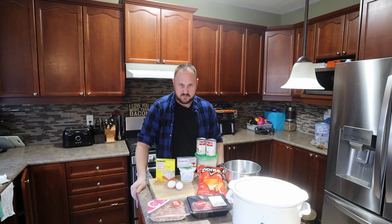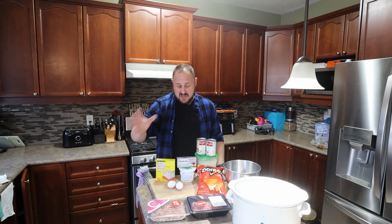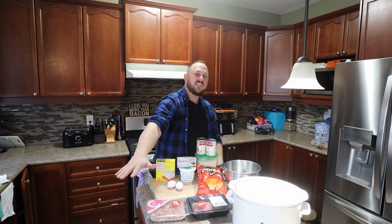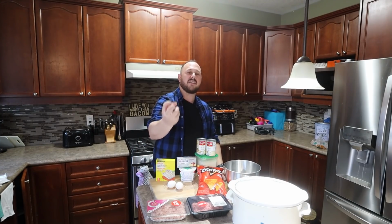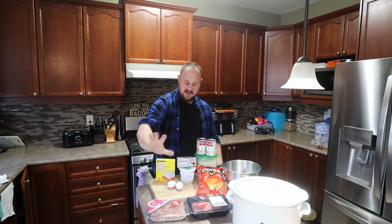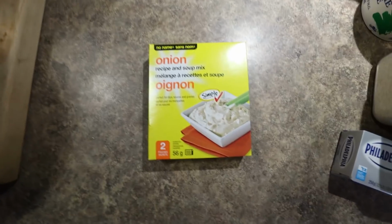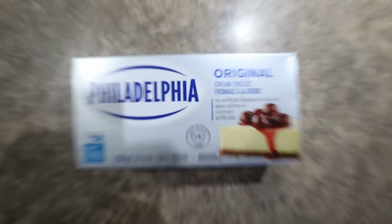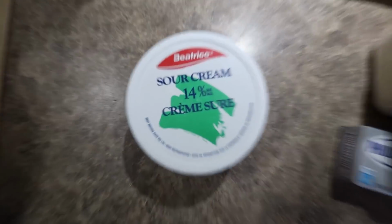For this recipe, everybody, you're gonna need a bowl to put everything in. You're gonna need ground pork and medium ground beef, not lean or extra lean. We want the grease, the fat. When you're cooking red meat, fat is good. It makes it more flavorful. You need onion soup mix, doesn't matter what kind. Cheap is fine. 2 eggs, a whole stick of Philadelphia cream cheese, a whole thing of sour cream,